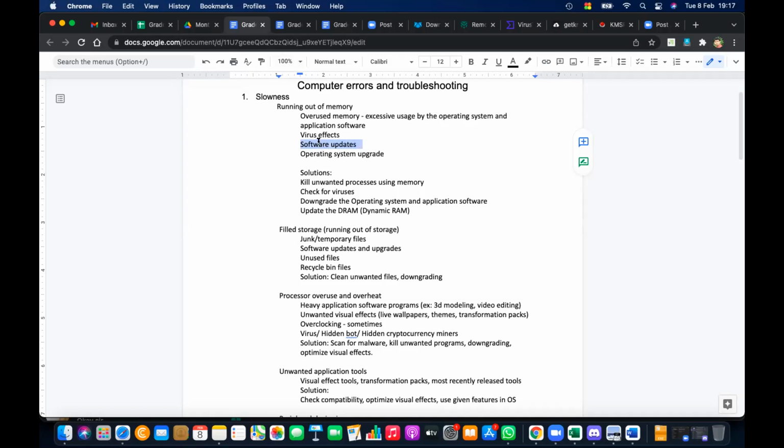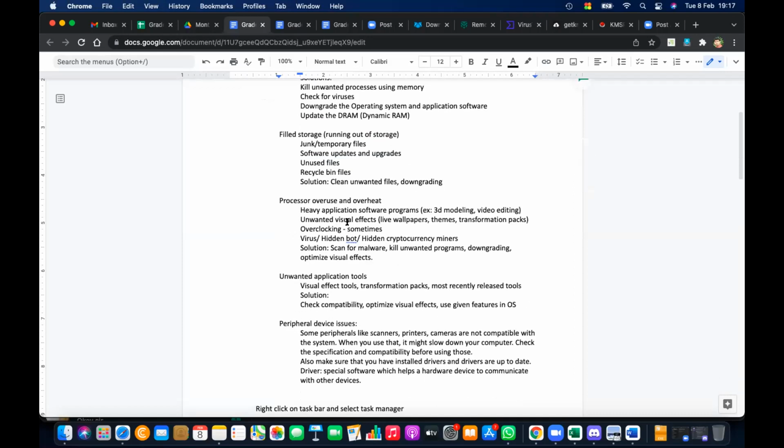Because of a software update, because of the new features added, because of the new tools that came, it can be slow. And it can even be an operating system upgrade. There is also the software upgrade, right? So always compare this with you. Computer and you, it's almost the same. The only thing is a computer is a machine, but you are a living person. That's the difference.